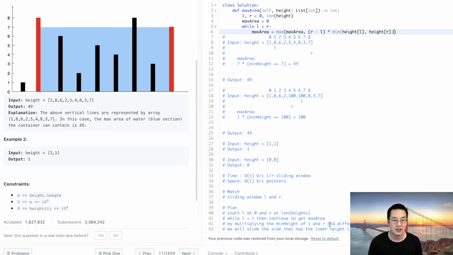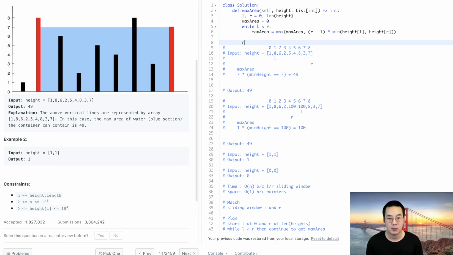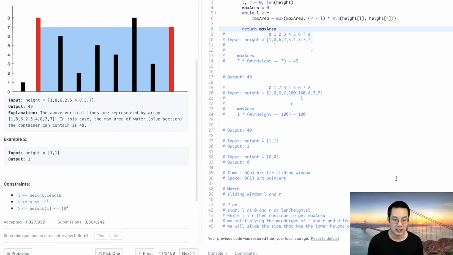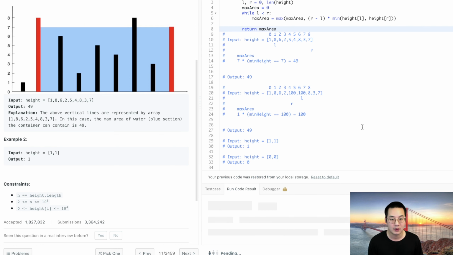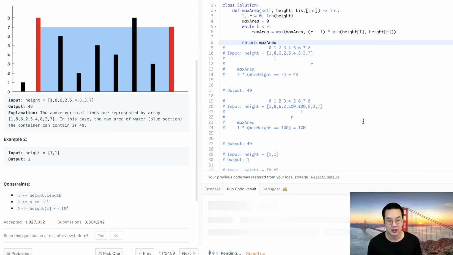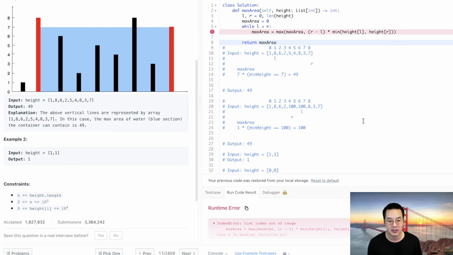So with that, I think we're ready to go. Like, yes, that is pretty good. We're gonna take the max of that, and we're gonna return the max area afterwards. So let's check it out, see if it works. I think we have done what we've suggested, and the only thing to do is check whether or not we did it properly. Looks like we went out of range because